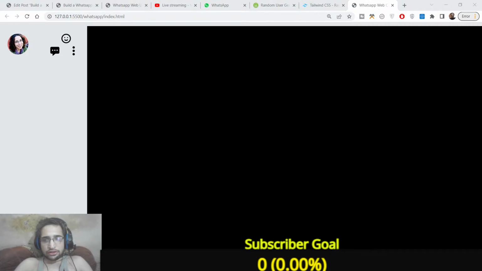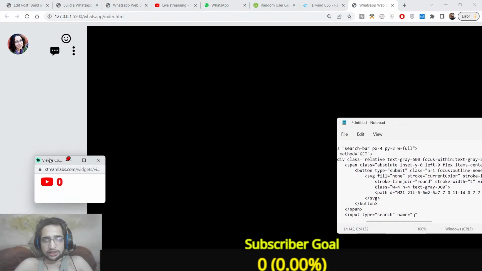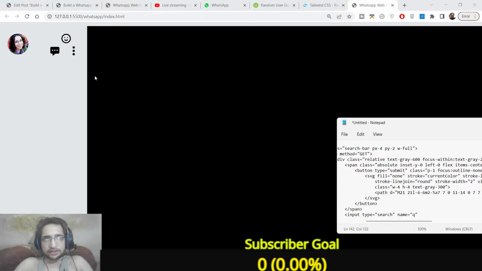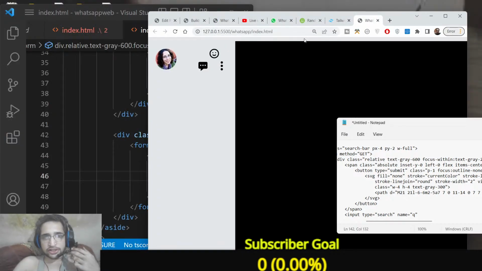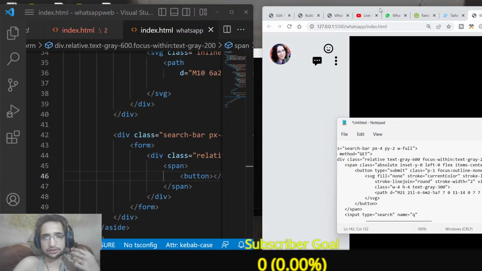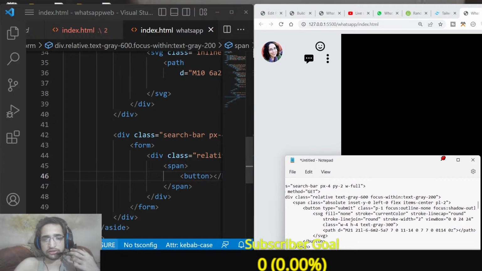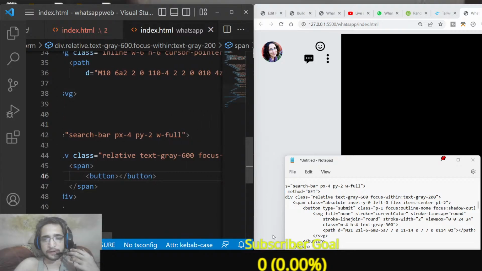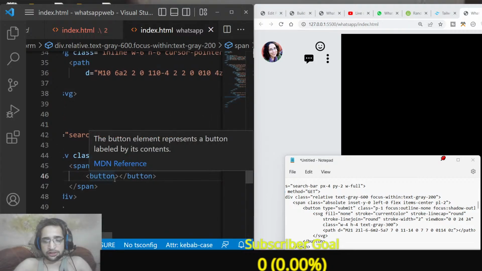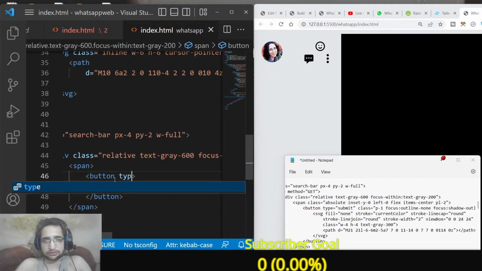You will not see the button here yet, but the button is hidden here. So we need to first of all change its background color to see the button, but the button will not be seen here. So what we need to do is that, so here the button type is submit,